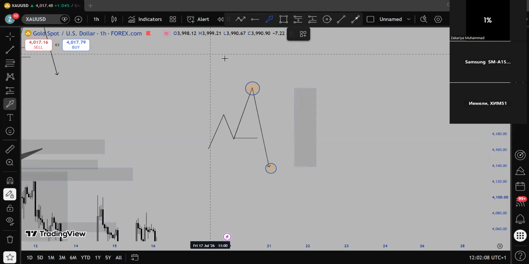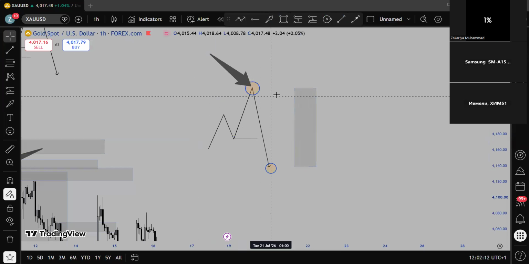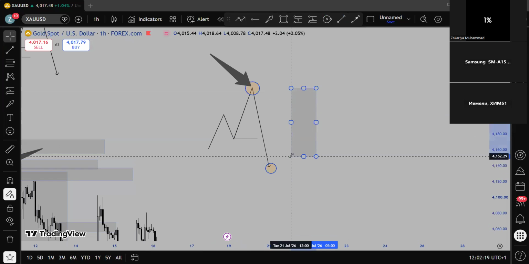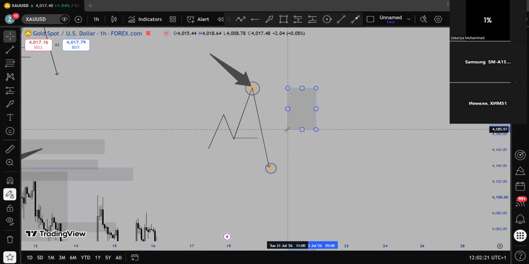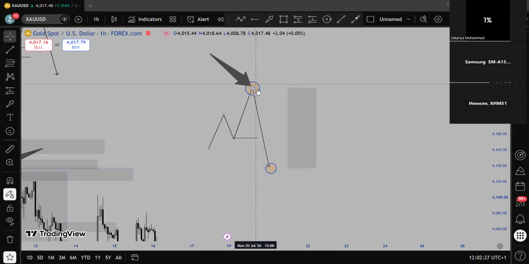And this is our invalidation point. We're going to trade inside this range. We expect market to pull back inside this range. It can pull back to 70%, 60%, 50%, or 100% for us to continue down. But we know that definitely this is our invalidation zone. So for me to take a sell from here, let's say I see an order block in here.